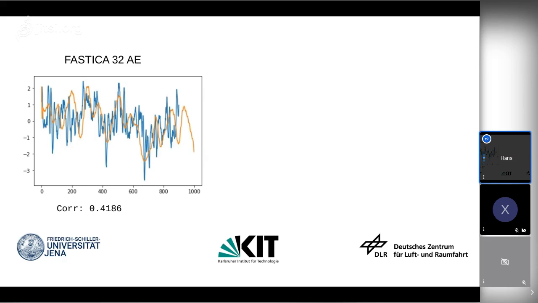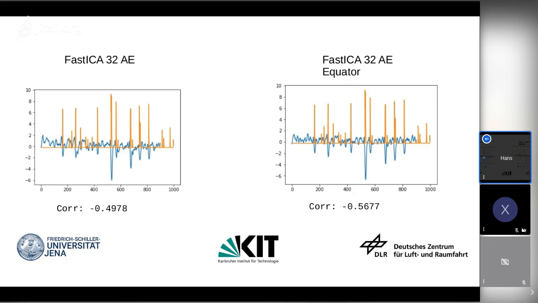The next thing we did was to split the whole area into subregions, as we expect the signal near the equator to be stronger than at the poles. And the results can be seen here. Here we see the first component of a FastICA after a 32-bottleneck autoencoder only trained on the equator region. And as you can see, the correlation is higher. And again, we have this very nice effect that the value of the ICA component is only negative if there is a volcanic outbreak or volcanic activity.